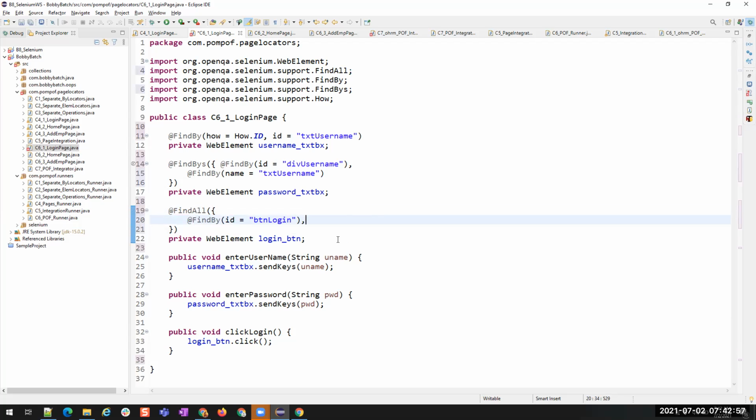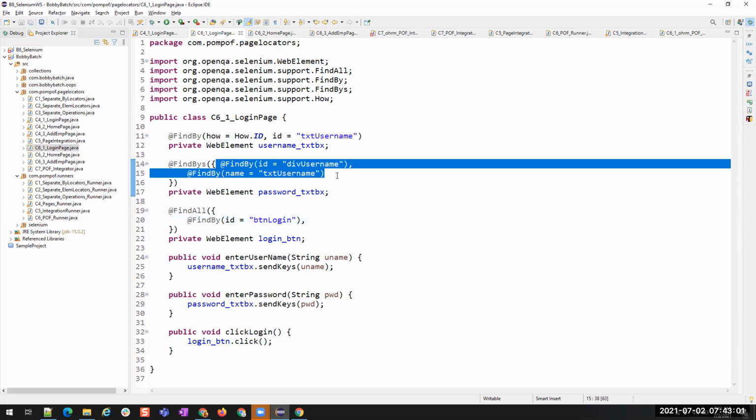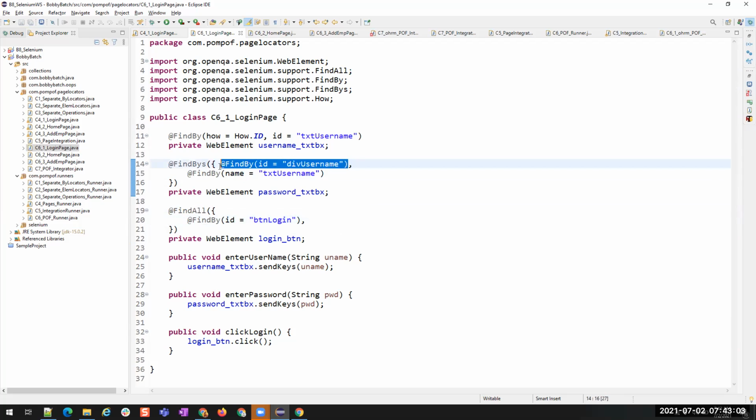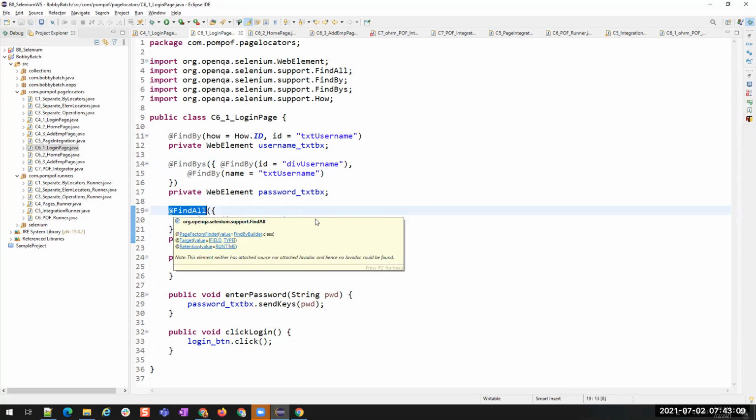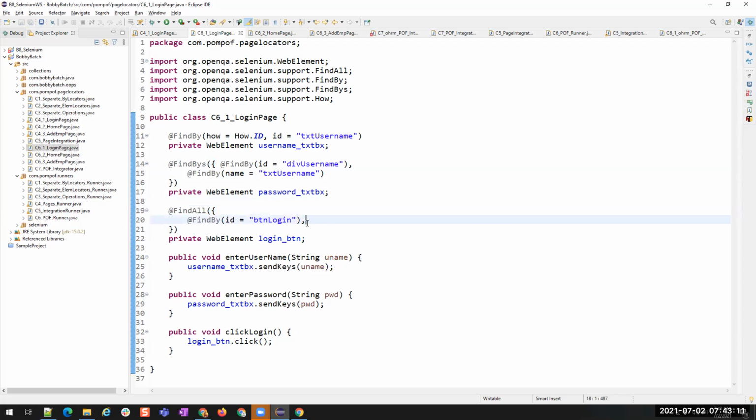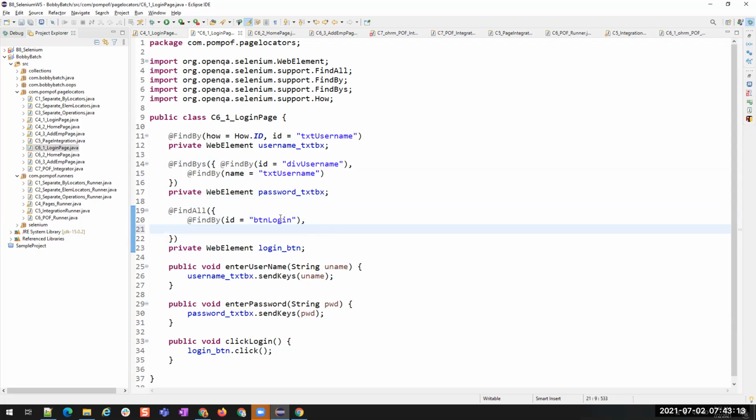Importing FindAll. Right. So here FindBys is going to apply an and condition. It should find this element, and inside this element it should find this. But FindAll is going to find all the elements if it is matching any one of the logic that is present here. Here you are giving properties of different elements or different HTML tags in the hierarchy, but here we have to provide properties for the same element.